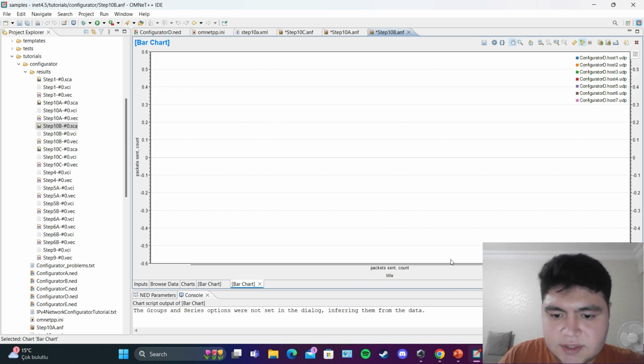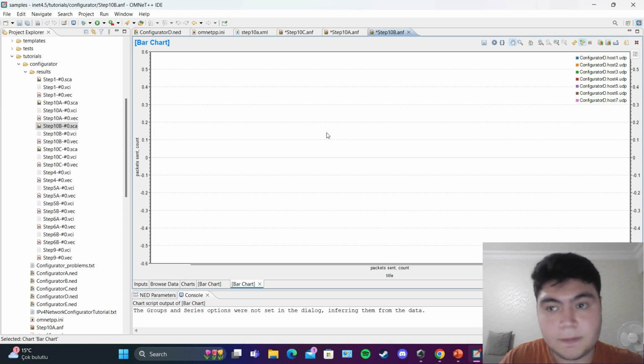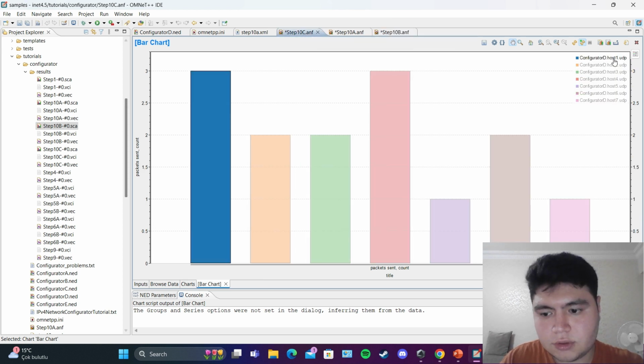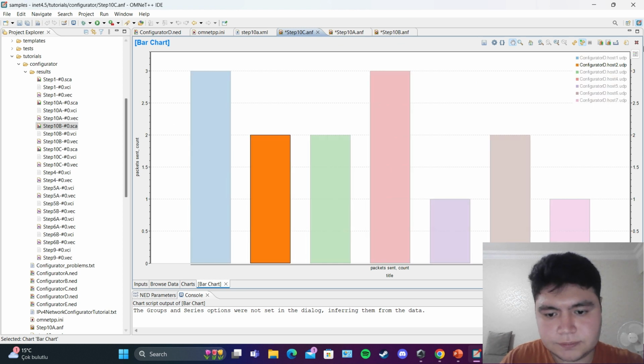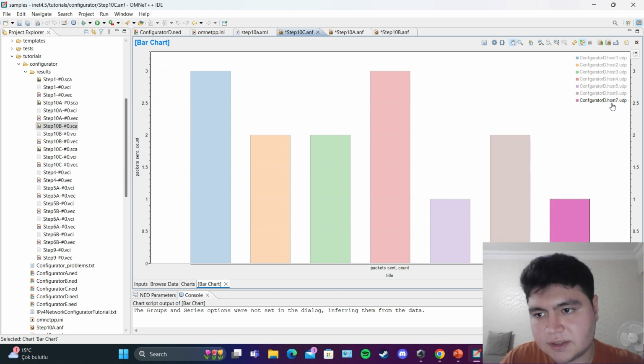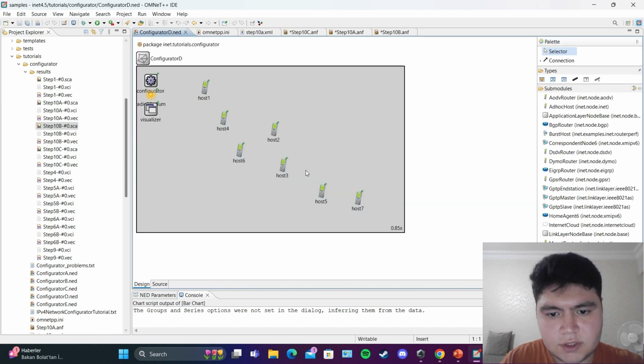And there is no packet sending as well because, just like I said previously, we didn't configure the packet sending and receiving in the 10A and the 10B, only in the 10C. And the most sender is host 1, and the least senders are host 7 and host 5, which are here,